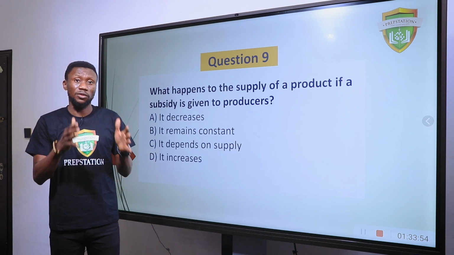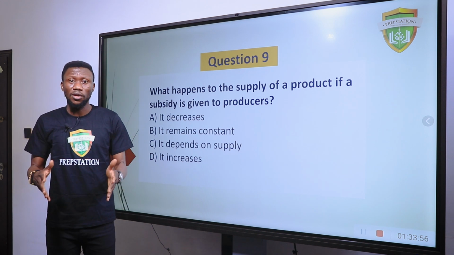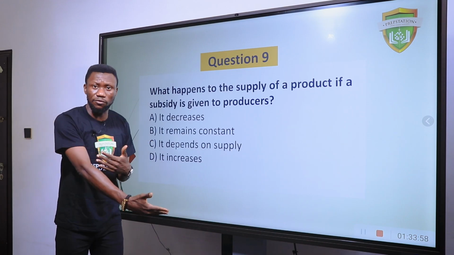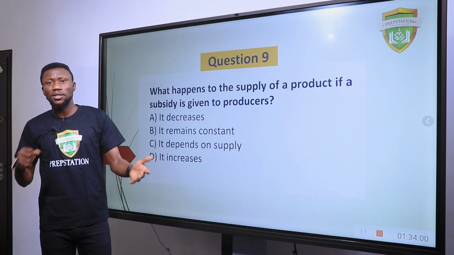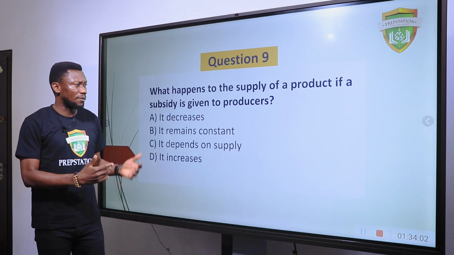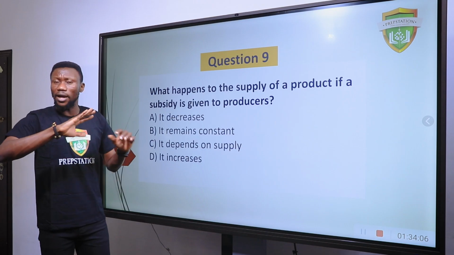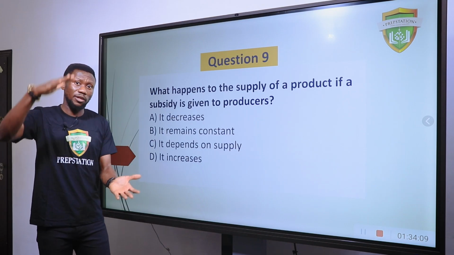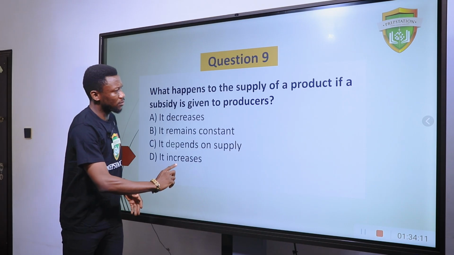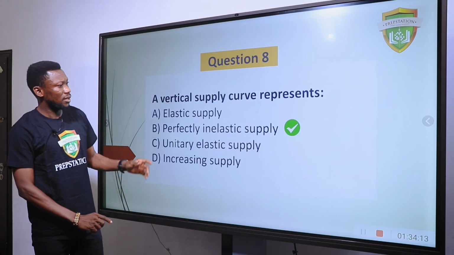It simply means we are now paying the full price for petrol. So petrol was formerly a certain value before. When government removed that subsidy, the price shot up. So that means that when government gives subsidy to any product or any business, it reduces the price of that thing. So the answer to that would be,